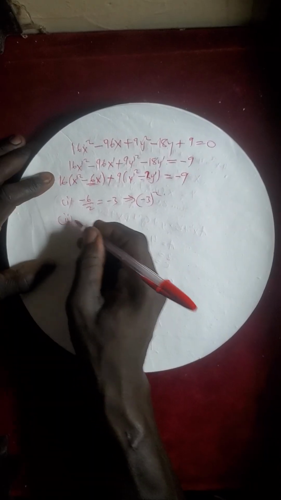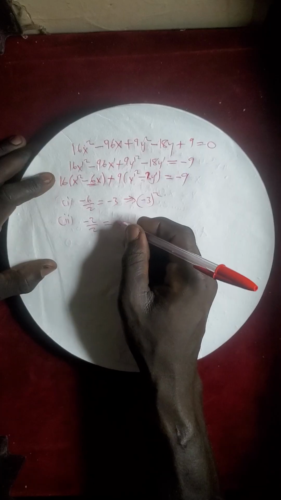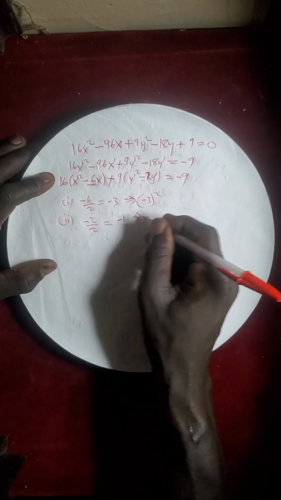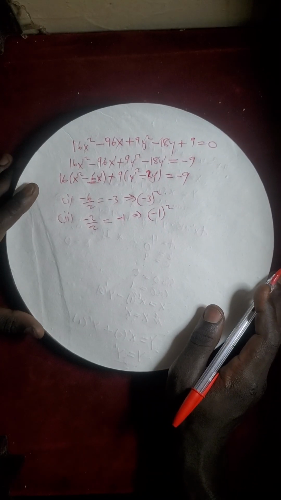Then we go to part 2. Negative 2 divided by 2. Always we divide by 2. Always. So that's the case. From there,